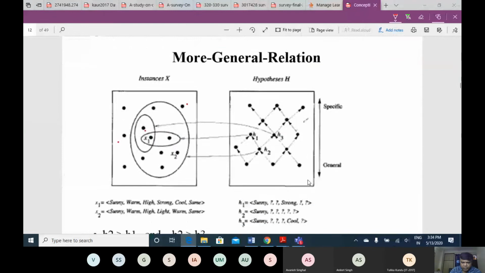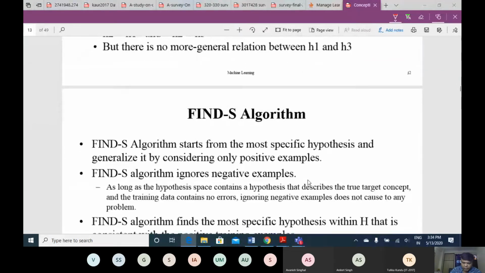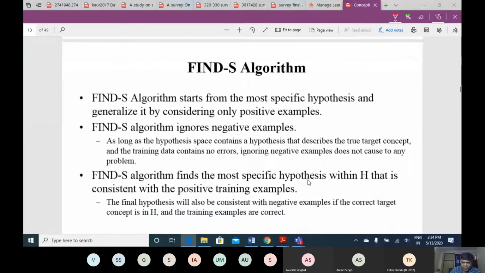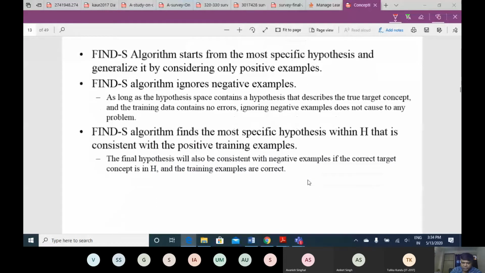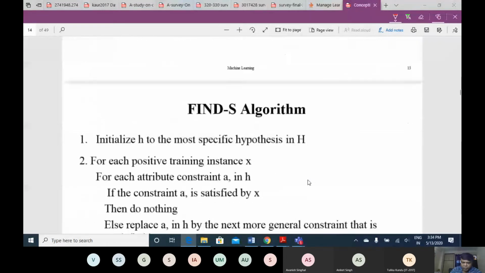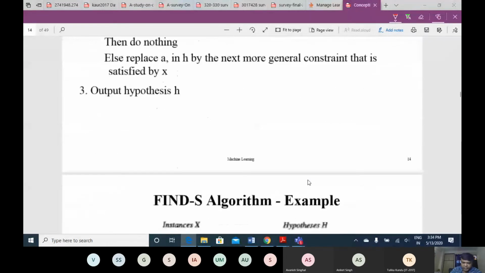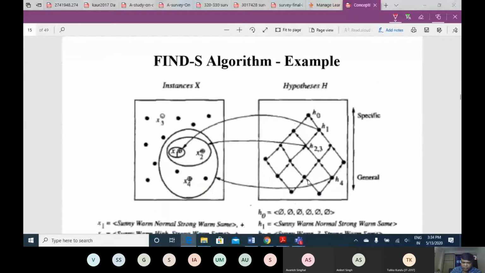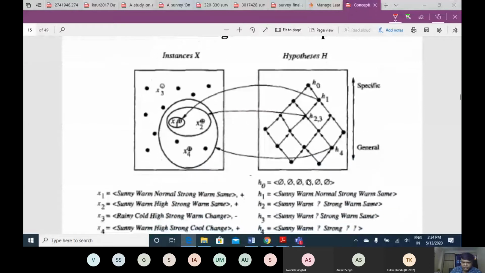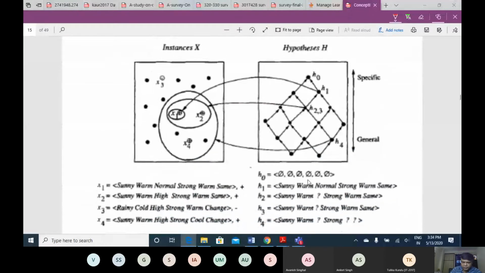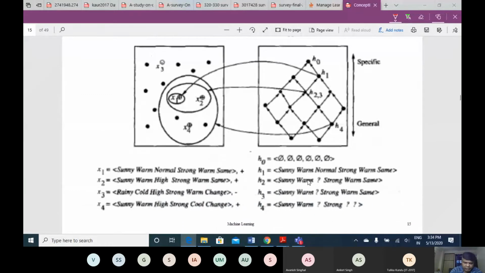So the Find-S algorithm only tries to identify a hypothesis which matches the concept by considering only the positive examples. It doesn't consider negative examples, and it tries to define the concept using a hypothesis based on only positive examples. So how many positive examples are there here? Only 3 examples are positive, and in these positive examples, what combination? So how do we form this hypothesis?